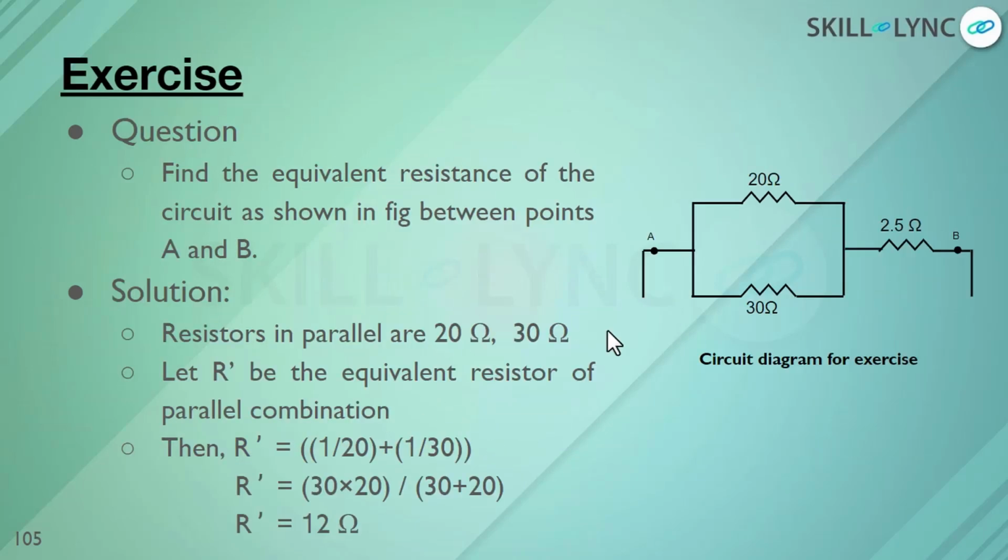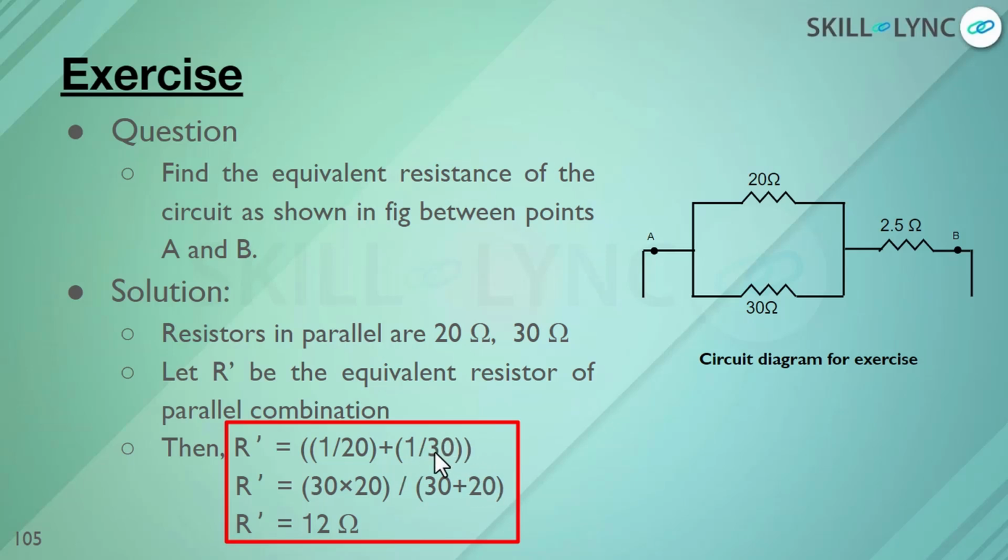Putting values into that equation, we can write R1 as 20 ohms, R2 as 30 ohms. Thus, 1/20 plus 1/30 can be equal to 30 into 20 divided by 30 plus 20. Let's see how it came. As we have to sum up this equation, we have to take first the LCM of 30 and 20. So better, I have directly multiplied 30 with 20 divided by 30 plus 20, which is equal to,